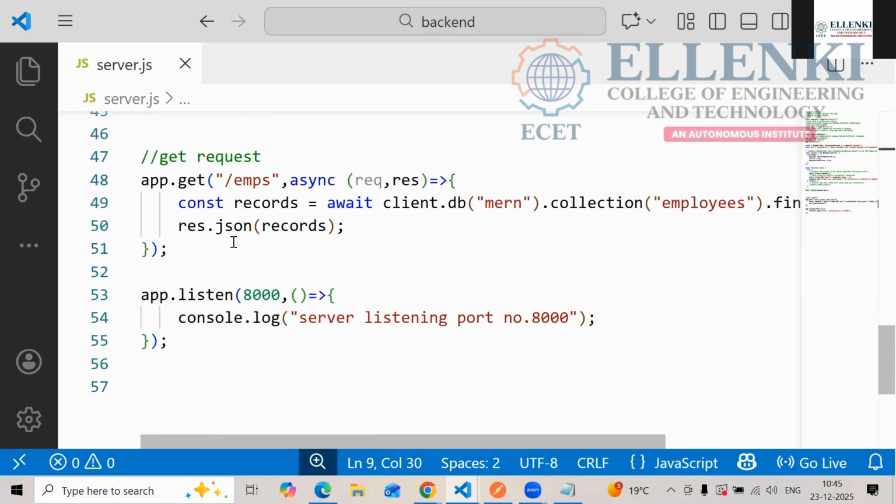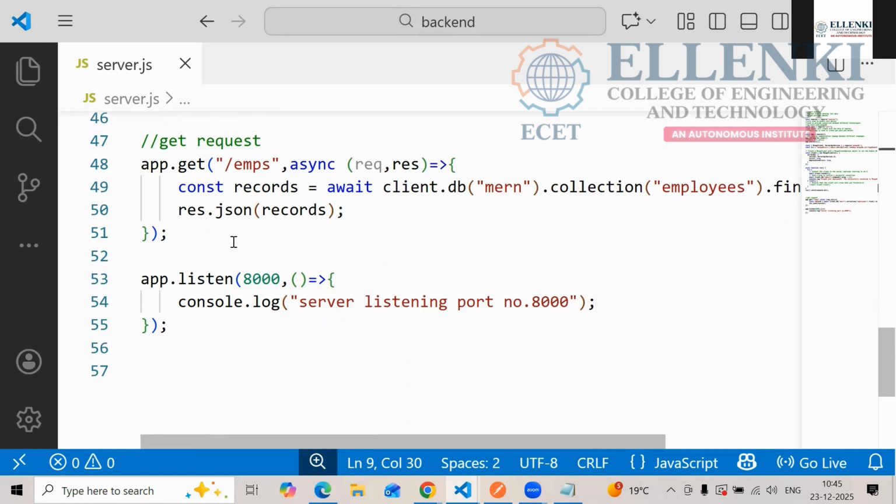That's it. Later, to store this data and to get that data, you need one port number. In the before days, we had one particular port number, but here, whatever port number you want to give, you can give. This port number you are going to give to Postman. Next we will see. Here I am giving some port number, that is 8000. You can give 8020, 8050, whatever port number you want.